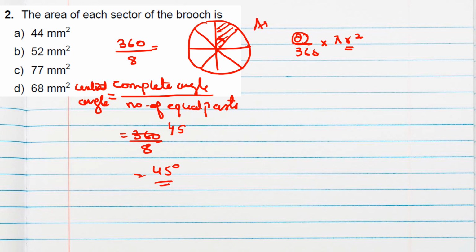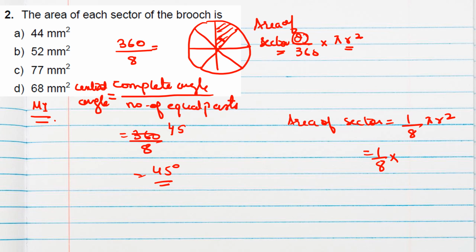So area of sector we can find by using this formula where theta is 45, r is 14. Or otherwise, one more method is there. This is method 1. One more method: since whole circle is divided into 8 equal parts, area of one sector will be 1 by 8th part of whole area. So this way also you can find. So here no need to find a central angle and all those things, so it will save your time.